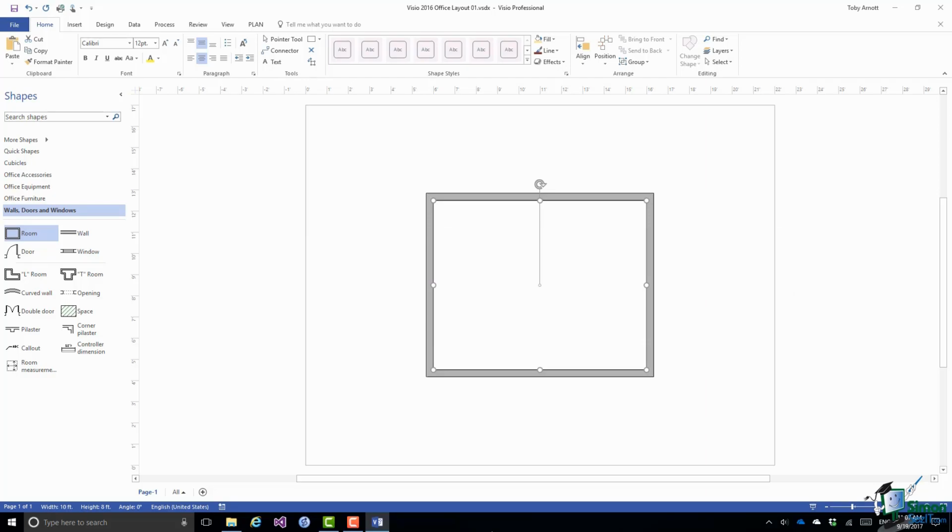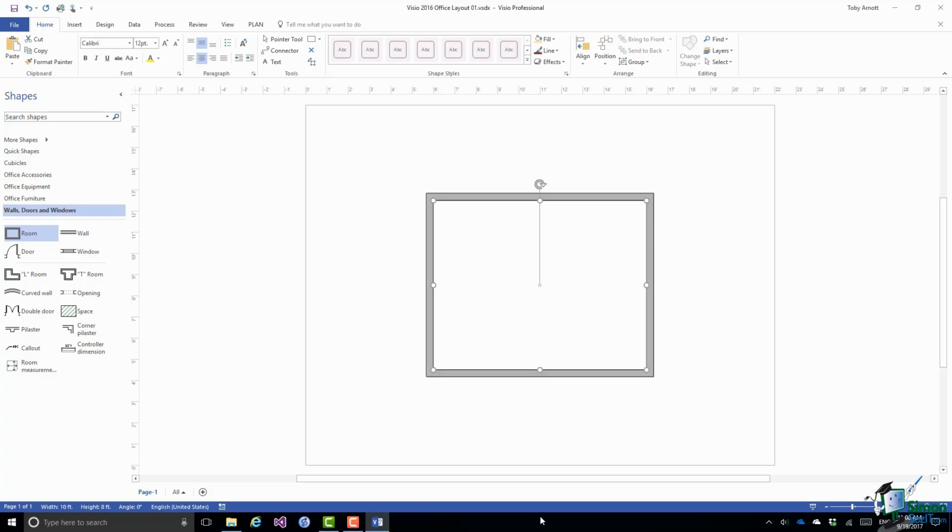And you may have noticed when I did that the dimensions of the room appeared. They were in US units, of course. Don't worry about dimensions at the moment. We'll come back to that a little bit later on. But let's suppose now I want to put another shape on this drawing. Let's suppose I want to put a window in the wall. All I need to do is to drag the master onto the drawing and position it where I want that